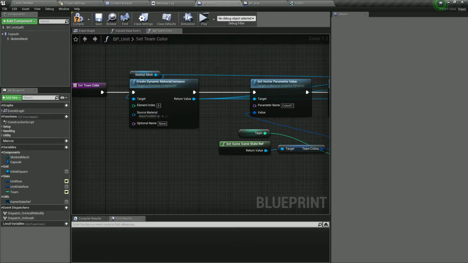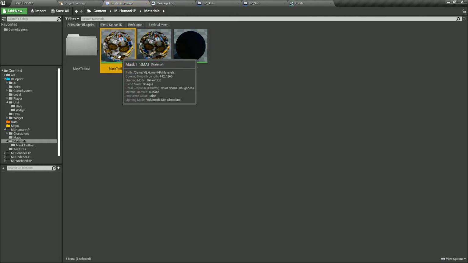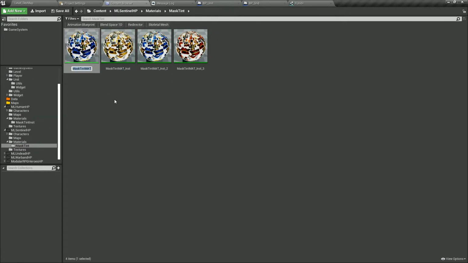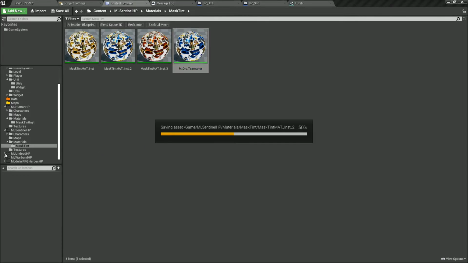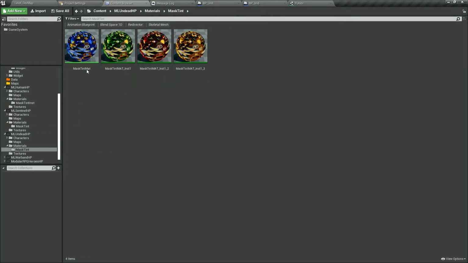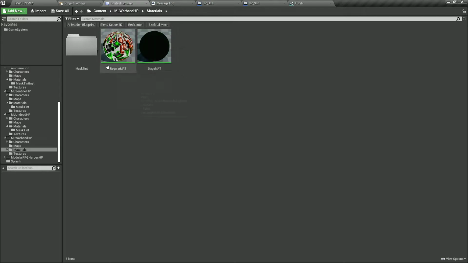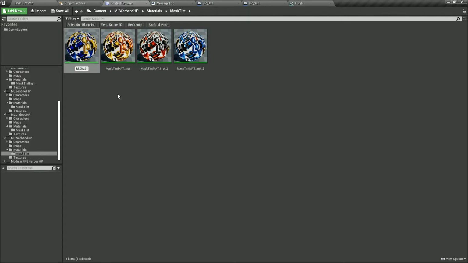Material, are there an instance or material? So this is gonna be M human team color like this, and we're going to rename the other one the same way. M orc team color, and we're gonna move this into material folder. Same goes for the undead. M undead team color. Move that here, goes back there, doing the same thing. M orc team color